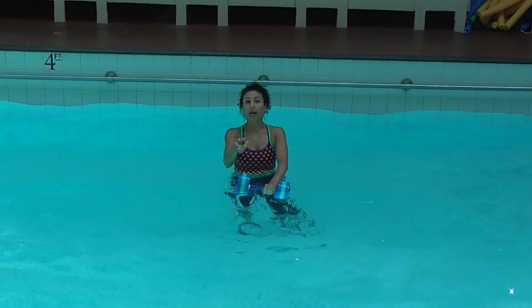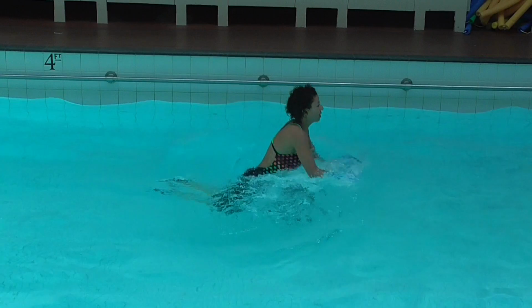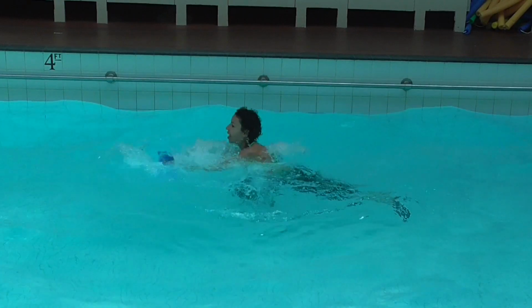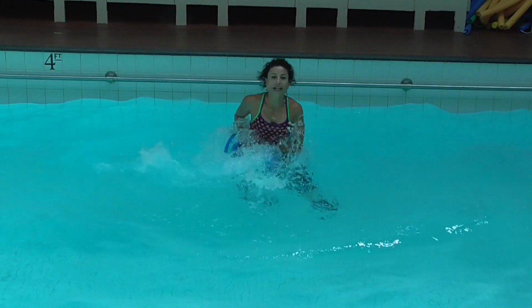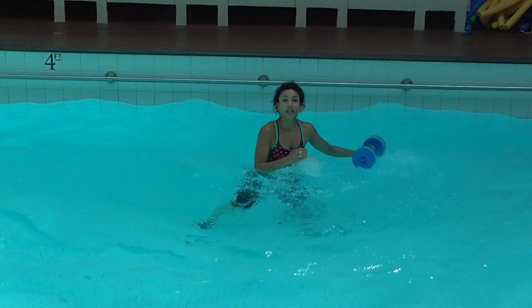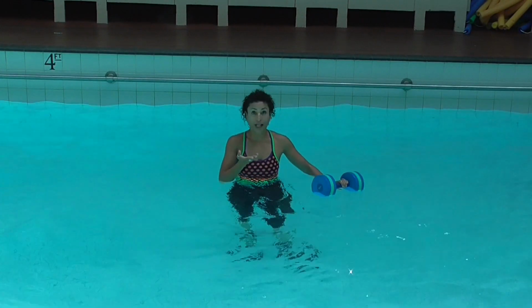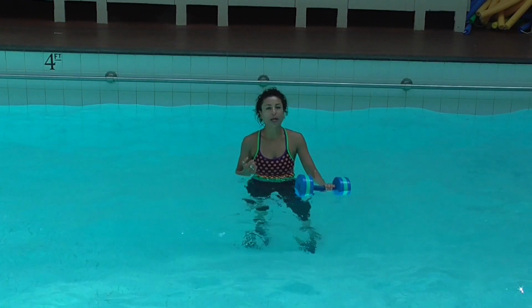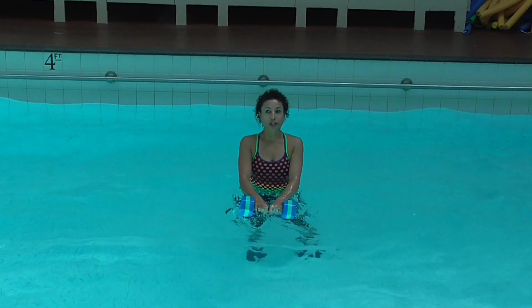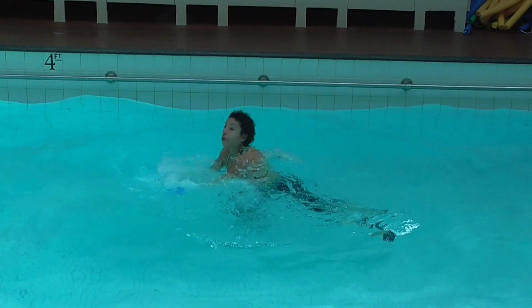So then I give them a choice. They can stay with that or they can do this. Front, side, front, side, front, side, front, side. So the directional change adds a bit more intensity, my heart rate's going up. So that's option number 2. And then the final option is, if they've got this going, they want to work a bit harder,